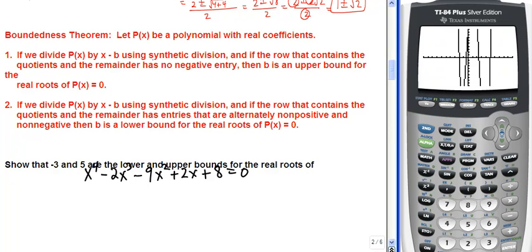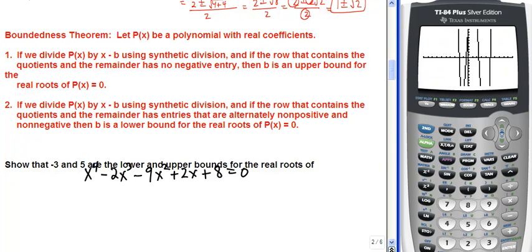So this is a way of determining not necessarily the exact zero, but sort of an upper bound, and as we'll see in number 2 here, a lower bound for where that real zero has to be. So it's a way of narrowing down the location of a zero if you